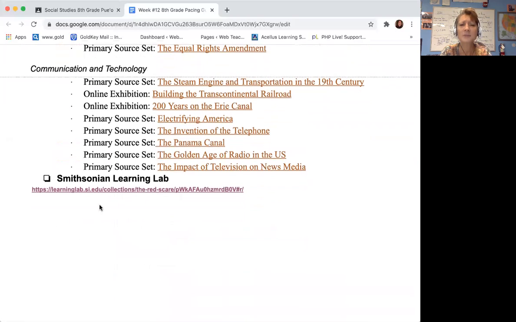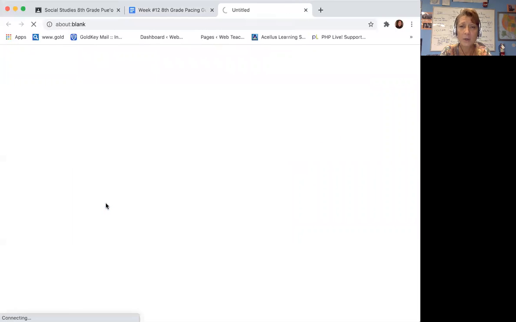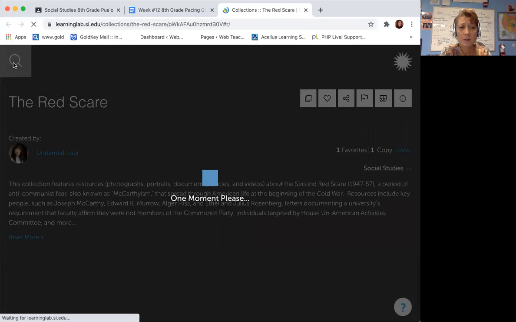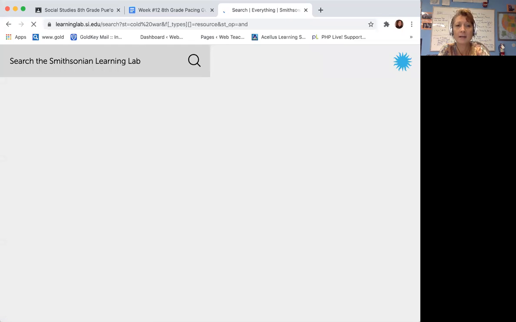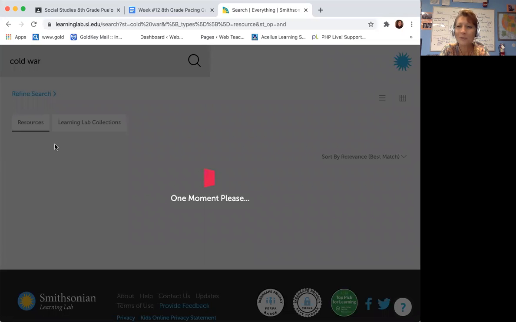And finally, the Smithsonian Learning Lab. This is one that's kind of fun because when you go in here, we have people that have already pre-made some topics for you, and you can go right in and, for example, go right where the magnifying glass is and type in a topic. For example, I know one student's interested in the Cold War. When you type that in, look at this. It will show you